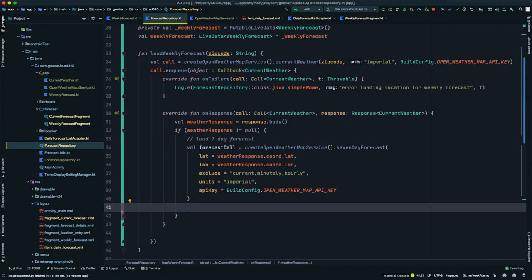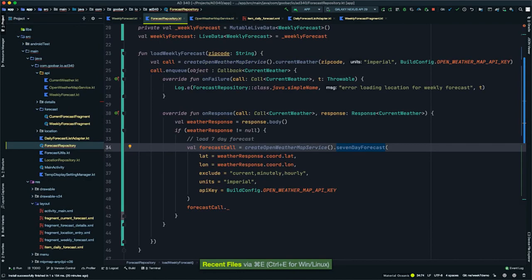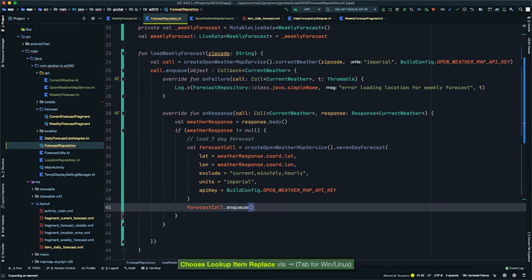Now we need to call enqueue on it. So forecastCall dot, oops. So you notice we couldn't call forecast 7-day forecast dot enqueue. It's because we forgot the return type back here in OpenWeatherMapService. So we'll come back to our Retrofit implementation interface here, and we'll make sure we have a return type here of Call WeeklyForecast. So now if we come back here, we should be able to say forecastCall dot enqueue